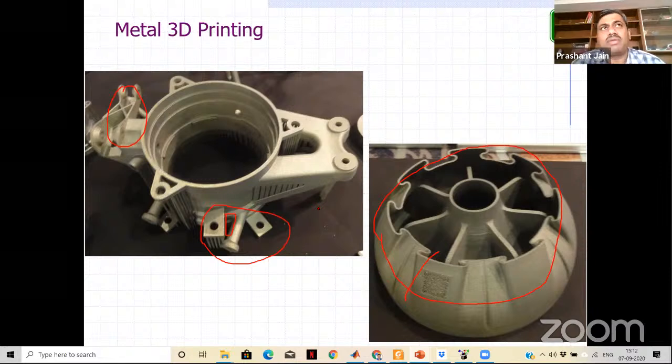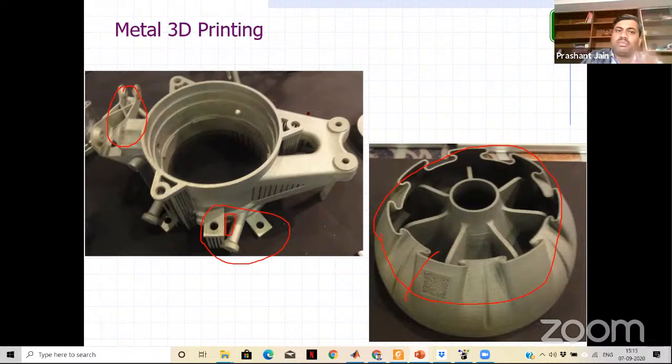And in the case of metal, to avoid any oxidation, the build chamber should also be completely closed in an inert gas environment. So a lot of nitrogen has to be supplied. You need a complete nitrogen generator, and for the nitrogen generator you require a chiller unit so that you can maintain the temperature of the nitrogen generator, right? So it's a very costly affair in the case of 3D metal printing.